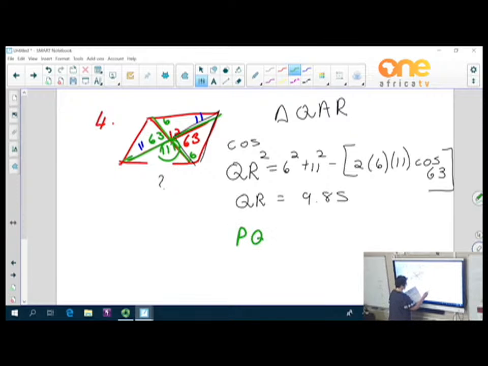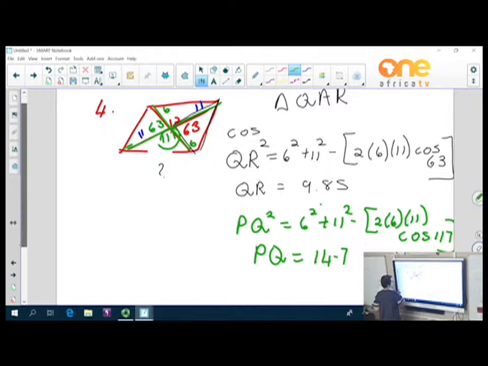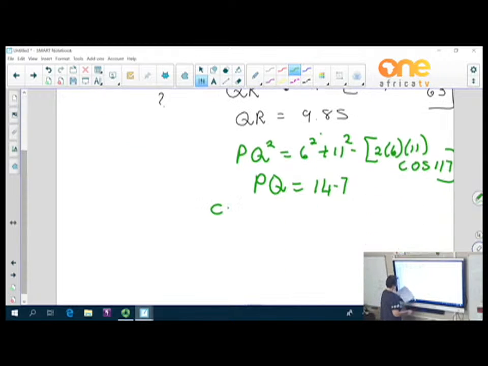So PQ squared is now equal to 6 squared plus 11 squared, it's half of those sides, minus, in brackets, 2 times 6 times 11, and this time it is cosine 117 degrees that we're going to use. And now I found that PQ is then 14.7 centimeters. And then in the last part there, question C, now they want to find